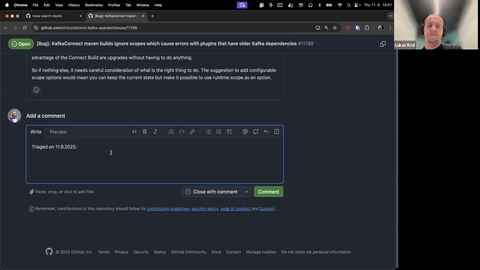What would be the default one, provided? Well, we are doing this to make sure it's backwards compatible, right? So it has to be the same as today. I don't remember what the default one is today. It's provided, I guess. No, I think it's something like everything. I think you get everything.